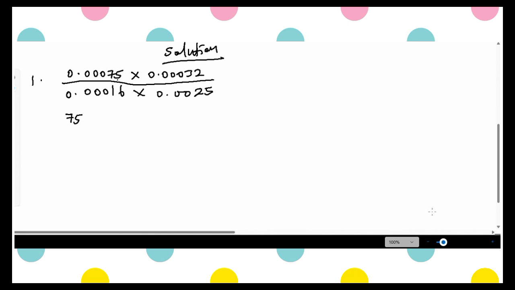So I can write this 75. Why am I writing a 75? When I look at the question, it is crystal clear that 25 can simplify the 75, and also the 16 is a factor of what? 32. So when I write it in this format, I can easily do some simplification. So 75 times 10 raised to the power